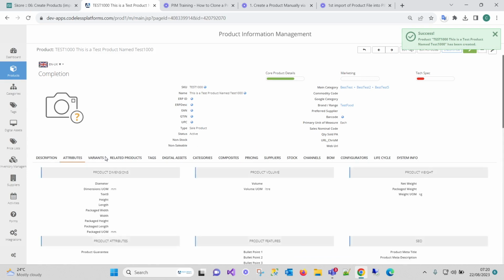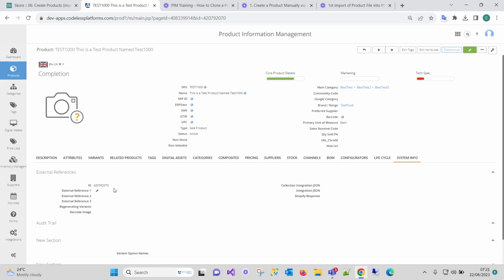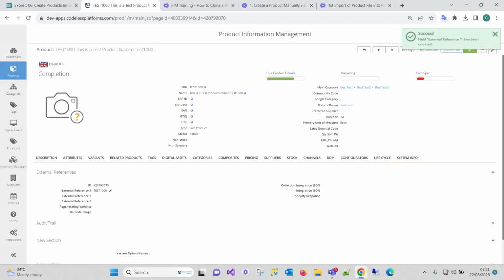and we have our product created. And obviously it's ready for you to start either importing data, updating data, or whatever. What it's done is it's created a unique record within the system, this ID here, and in a lot of instances it's also using this internal one, which I'll just fill in now, but this is usually done in an automated fashion, because these are fields that we can use